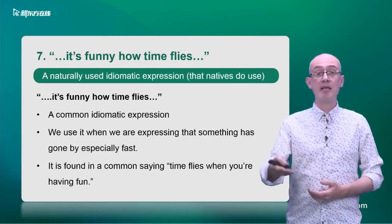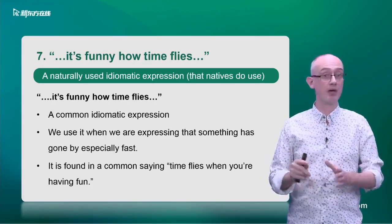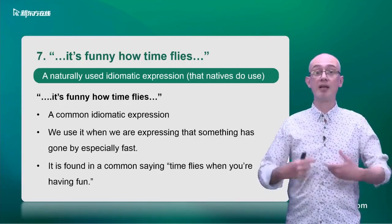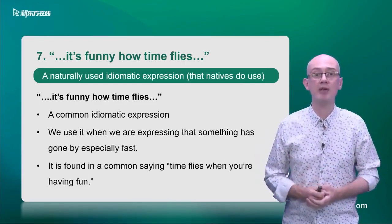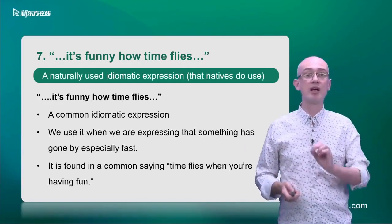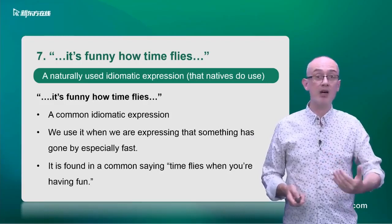A common idiomatic expression in English, still used by native speakers quite a lot. We use it when expressing that something has gone by especially fast. It's found in a common saying, time flies when you're having fun. I don't recommend you use much of these kinds of expressions unless you're really sure that they are used very